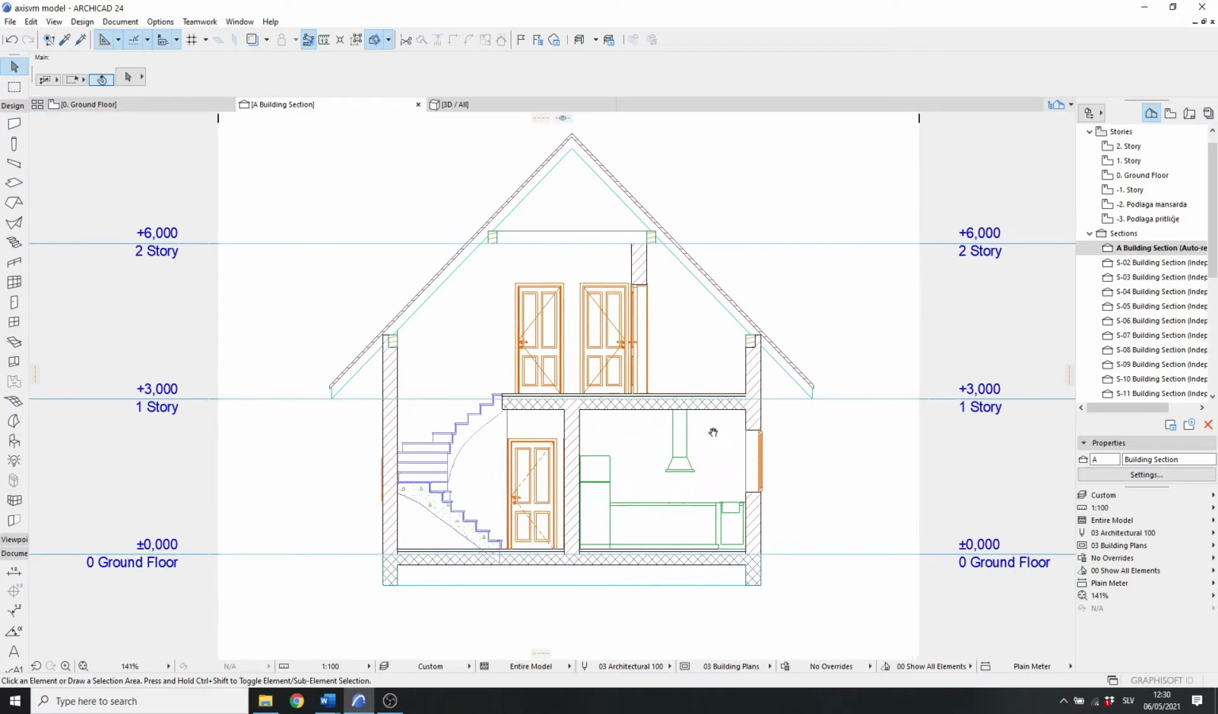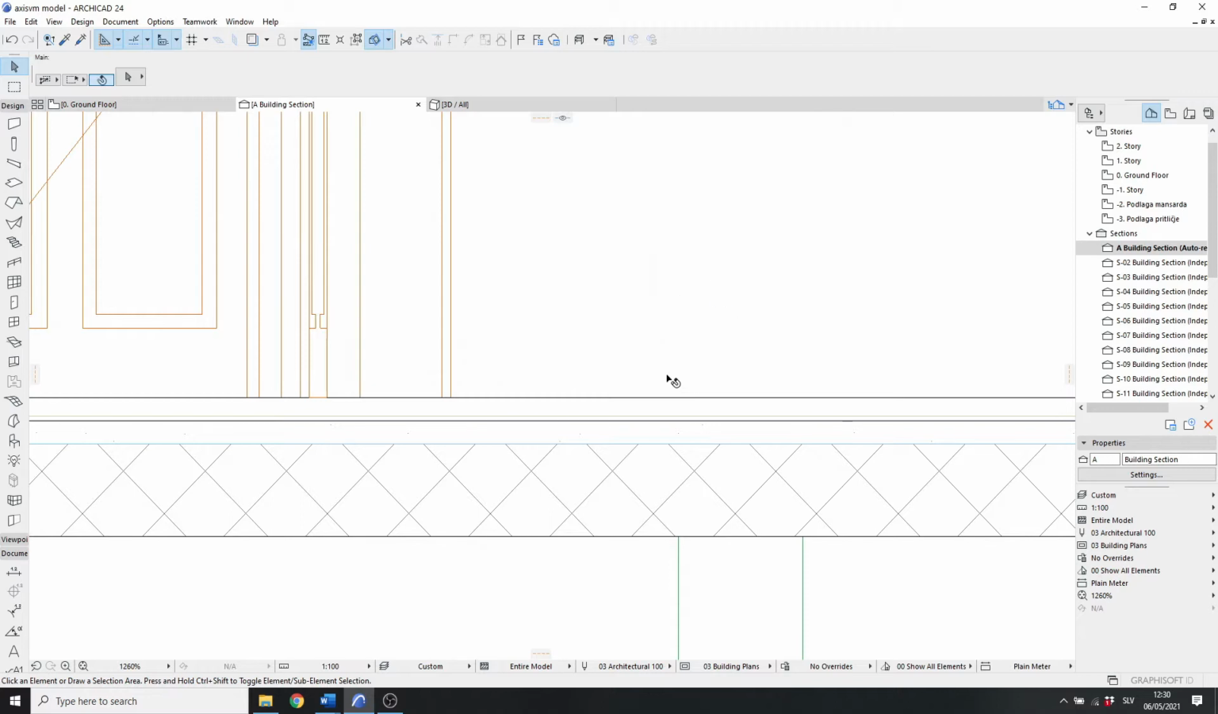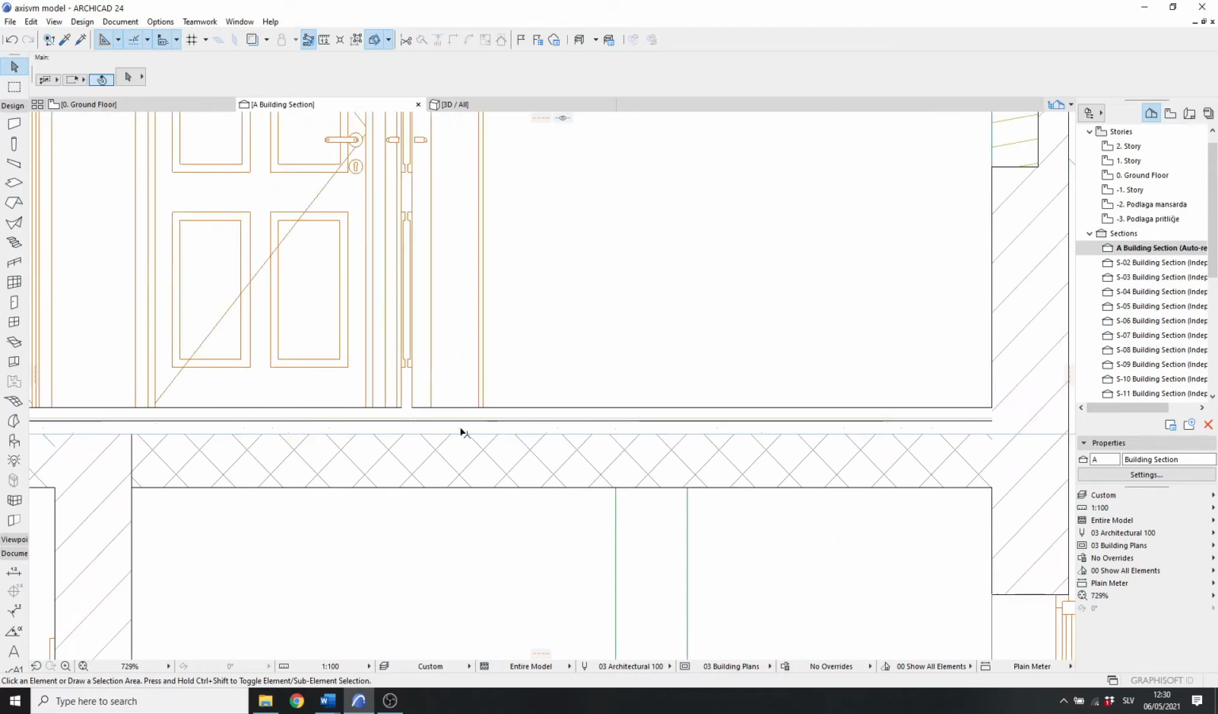Next we will assign the slabs. Because the slab is made of a composite material, we must first determine which of these